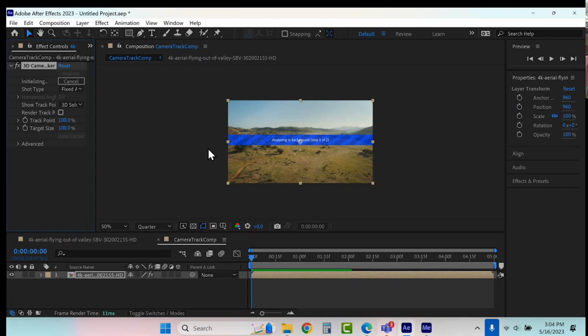It's going to create a 3D camera that moves based upon what the video's camera did. And it does it by tracking little points in the video, little pixels. So as those pixels come towards the camera, it's saying, oh, those features are getting bigger and bigger and bigger, so the camera must be moving forward in Z space, or back in Z.